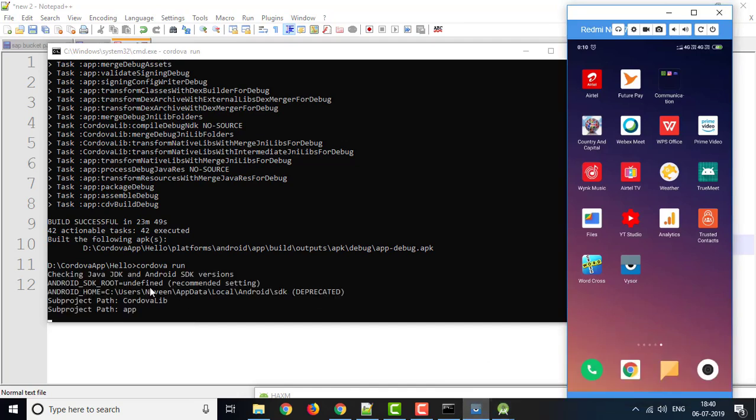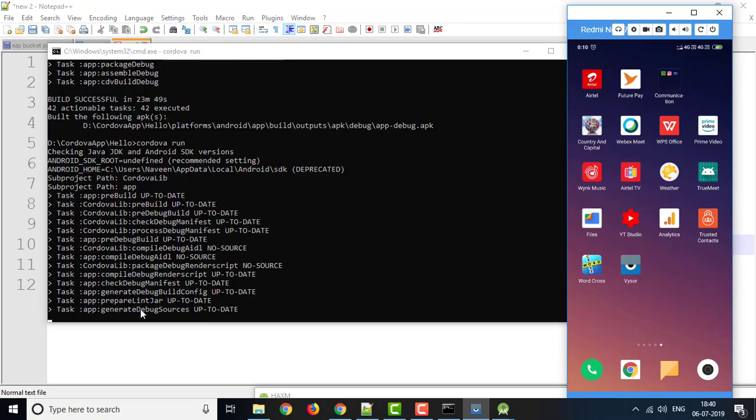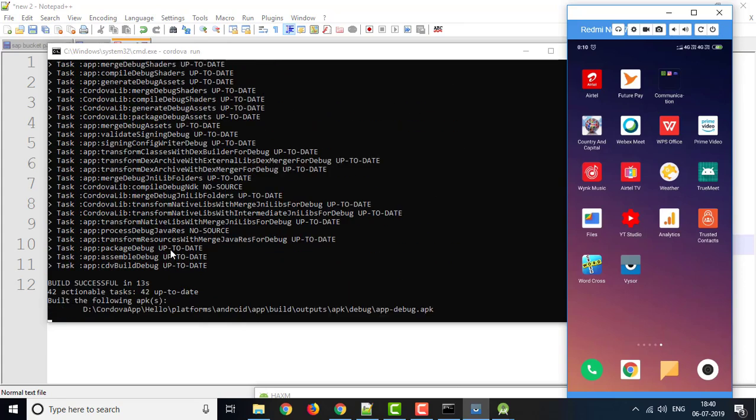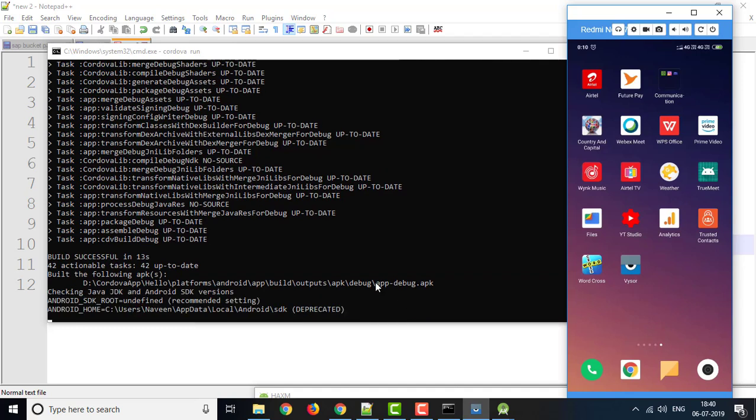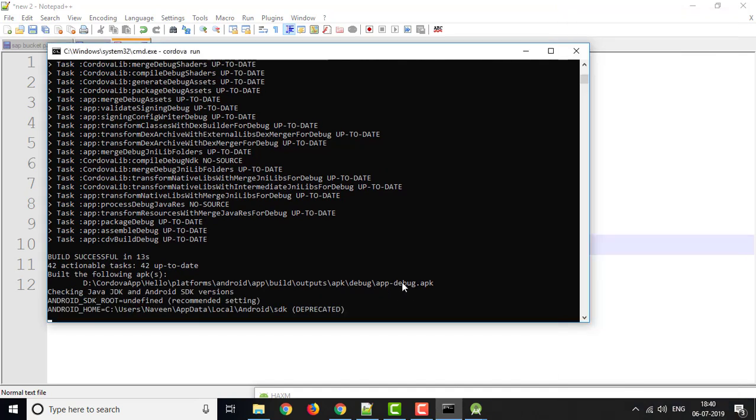Now as you can see, it's loading all the files. It is loading the directory and app module and all. Now wait for some time, like 30 to 40 seconds. Compiling. Now, see, again it is created.